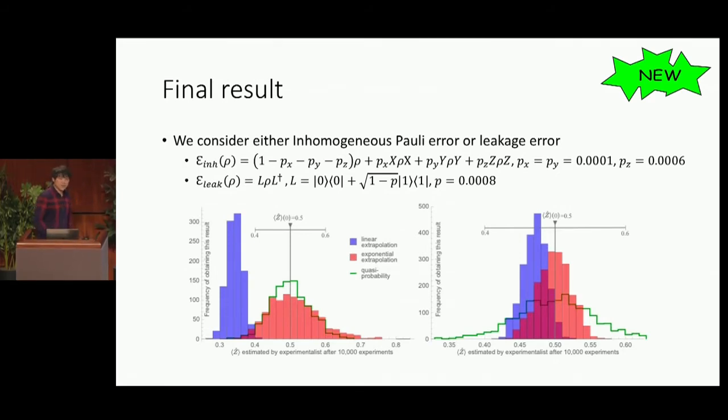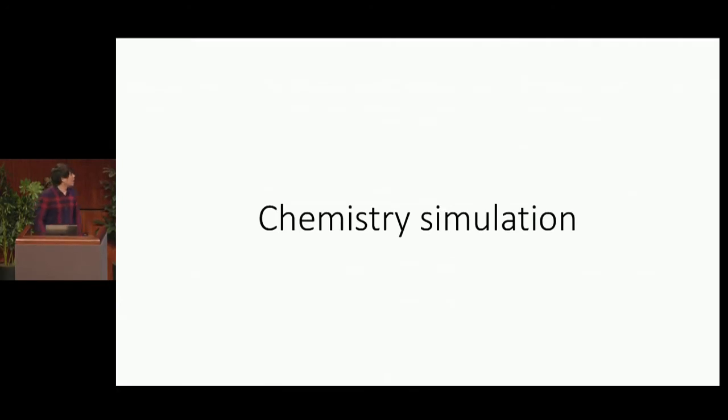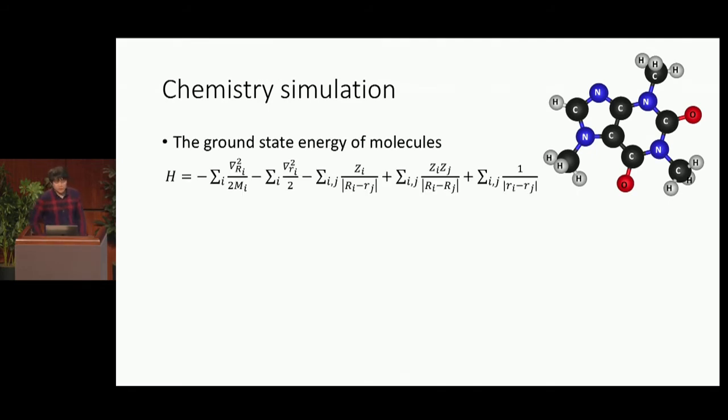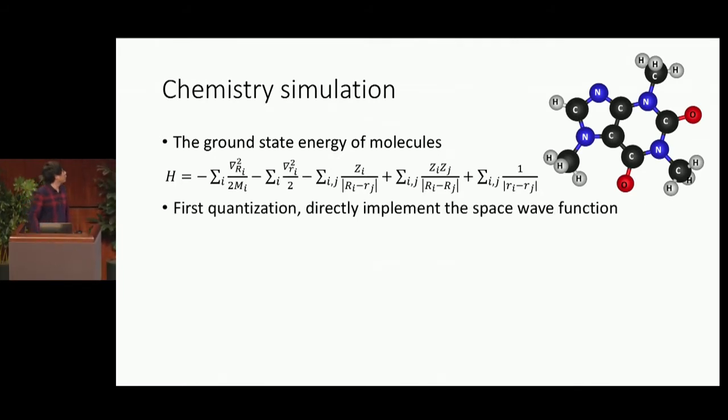Okay, so from the simulation results, we can see that error mitigation works quite well, at least for this medium-sized circuit. And then we go to the next topic, which is chemistry simulation. First, let's have a quick review of chemistry simulation. Here, we just focus on the ground state energy of molecules. Here is the Hamiltonian of the molecule. In general, solving for the ground state energy of this Hamiltonian is hard using a classical machine,